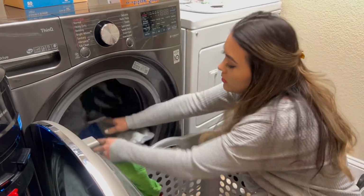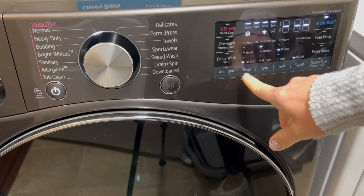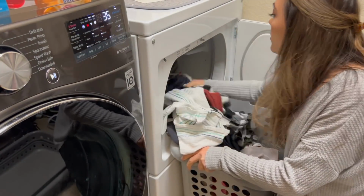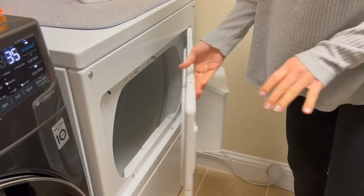Let's start the day off keeping the laundry process going. I got some extra soiled kids' clothes going in first, so I added a scoop of baking soda to the wash. Then, while the clothes from the dryer are still warm, I'm going to hang and put them away in my closet. Quick before that though, I'm getting my next load of clothes ready to enter the wash process, and